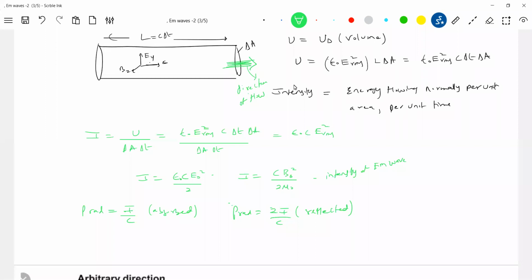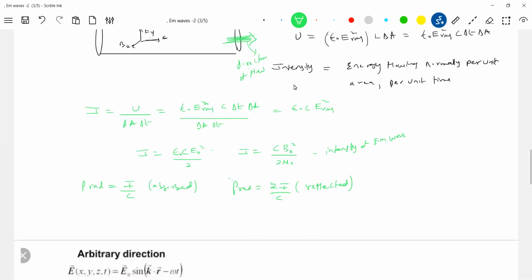Okay, this is about the basic thing. And if you look, light is an EM wave only. And the electric field of an electromagnetic wave is responsible for its optical effect. I think I'll just put some